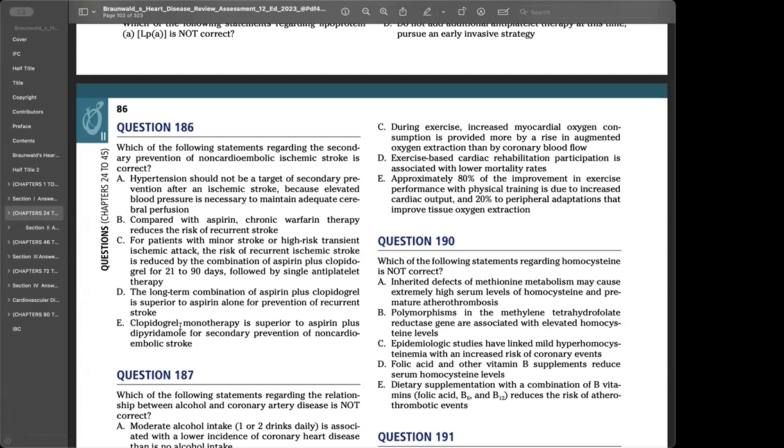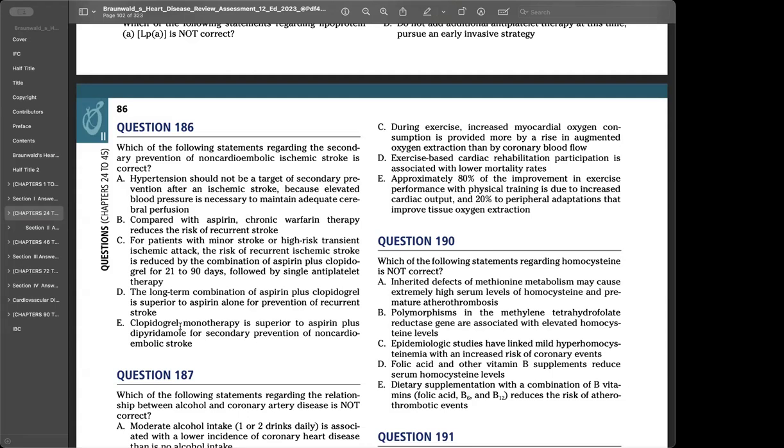C. Epidemiologic studies have linked mild homocysteinemia with an increased risk of coronary events. D. Folic acid and other vitamin B supplements reduce serum homocysteine levels. E. Dietary supplementation with a combination of B vitamins, folic acid, B6, and B12 reduce the risk of atherothrombotic events. So for this question, we're looking at the first